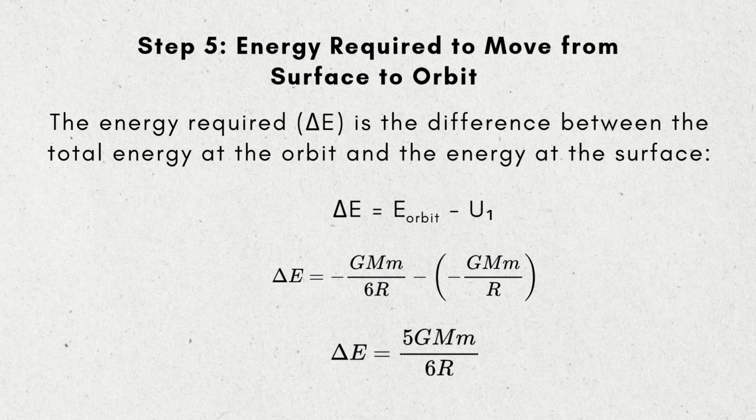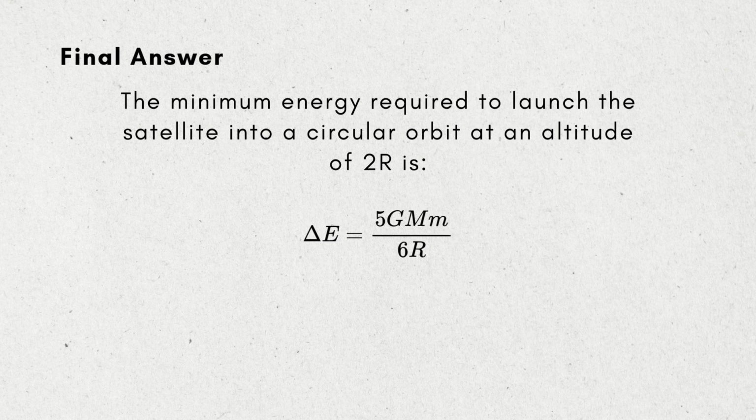Step 5. Energy required to move from surface to orbit. The energy required, delta E, is the difference between the total energy in orbit and the energy at the surface. Delta E is equal to E orbit minus U1. After substituting the values of E orbit and U1, we get delta E equal to 5 G M m divided by 6R. Final answer. The minimum energy required to launch the satellite into a circular orbit at an